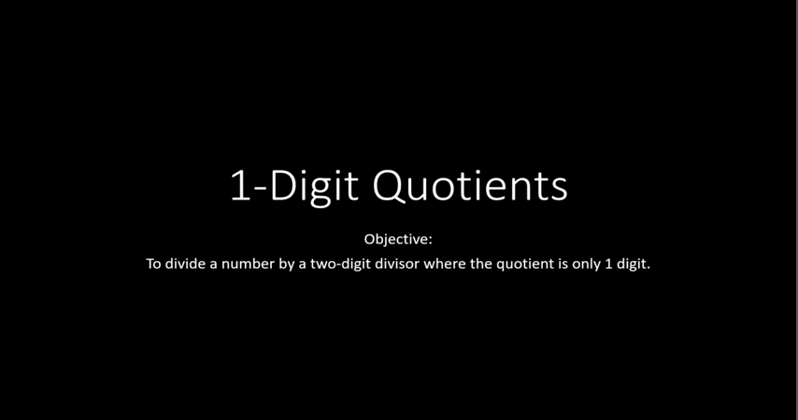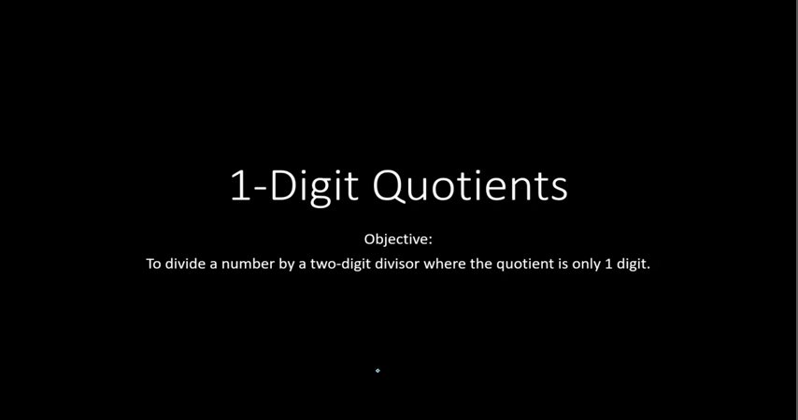In previous lessons, we have learned how to divide with a one-digit divisor, so something like 475 divided by 4. Now in this lesson and the following lessons, we are expanding our knowledge of division to include dividing by two-digit divisors. So here in this lesson, we are working with dividing by a two-digit divisor where the quotient, or the answer, is only one digit. So we have a couple examples we're going to walk you through and explain the thought